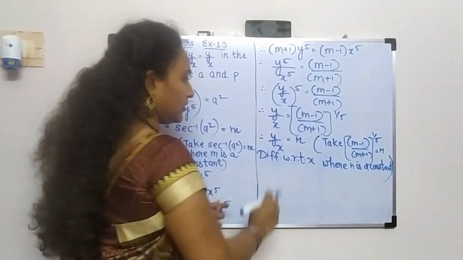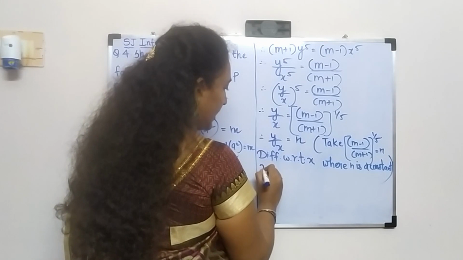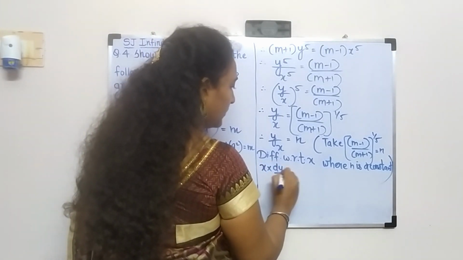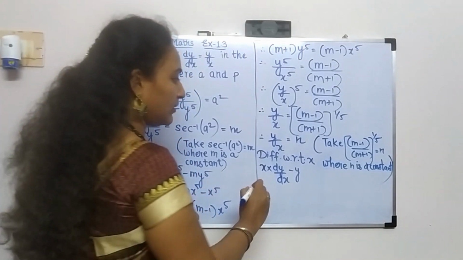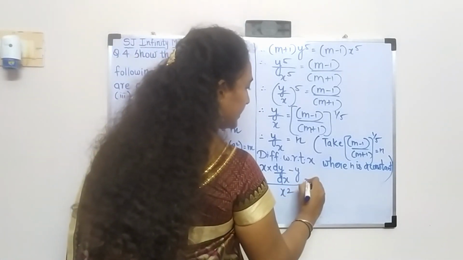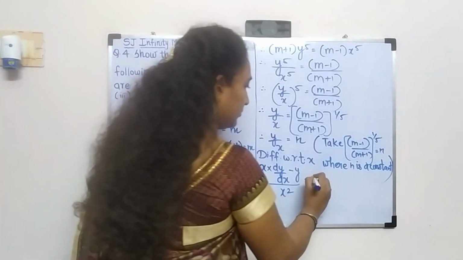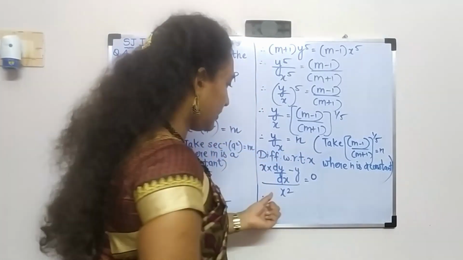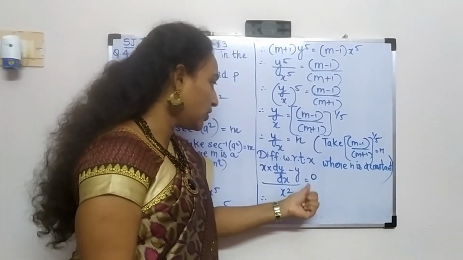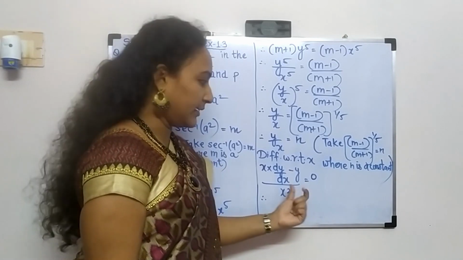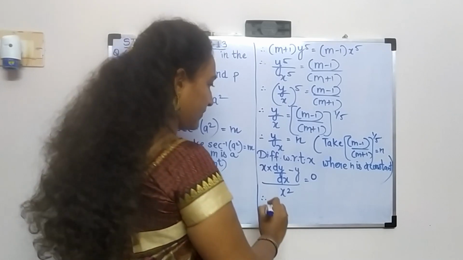So we get, this is the u upon v rule. We have x into derivative of y minus y into derivative of x, over x square, is equal to, and the derivative of any constant number is 0. Therefore, when you multiply x square into 0, it will become 0. So your numerator is getting eliminated. We will consider only x into dy by dx minus y.